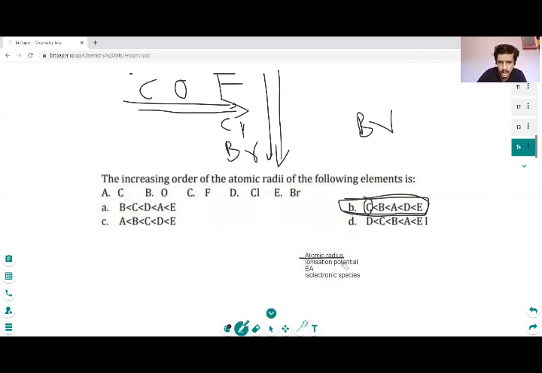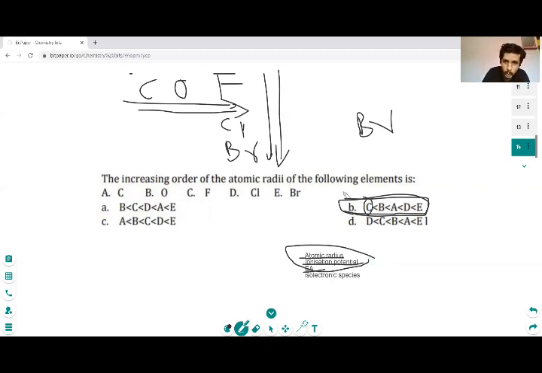What is atomic radius, generally, not for isoelectronic species? What is atomic radius and ionic radius, of course, and how the position of elements in the periodic table varies the atomic radius. The same way it goes with ionization potential and electron affinity, and also how the charge on the atoms or ions varies these properties: as the charge varies, how atomic radius varies, how ionization potential varies, how electron affinity varies. You can use them directly for application, apply them, and get the answers from it.